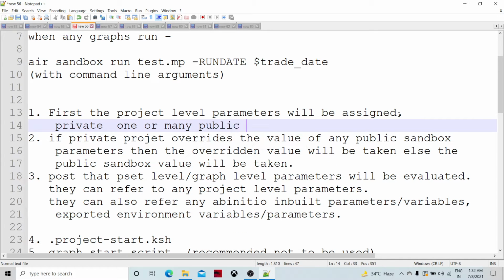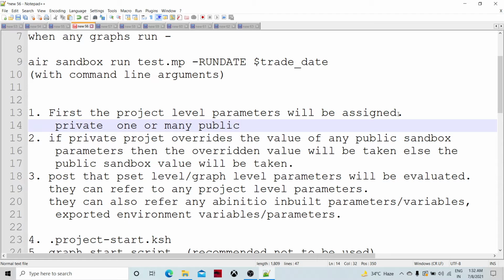We call it a public project or public sandboxes. When you click on F11, the listing of the projects would be there from the private, and within public there would be many sandboxes, right? So in that sequence, all the parameters would be assigned or evaluated whenever our graph runs.